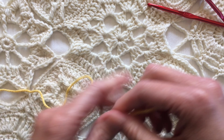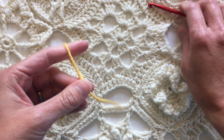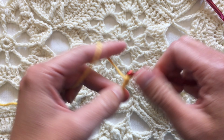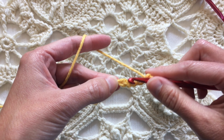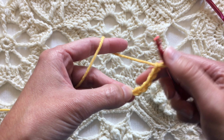Pull it all apart. We start with a slip knot. We chain the number it tells us in the pattern. So maybe this time we'll chain 5. 1, 2, 3, 4, 5. Generally, it will tell you to slip stitch in the 5th chain from the hook, 1, 2, 3, 4, 5,